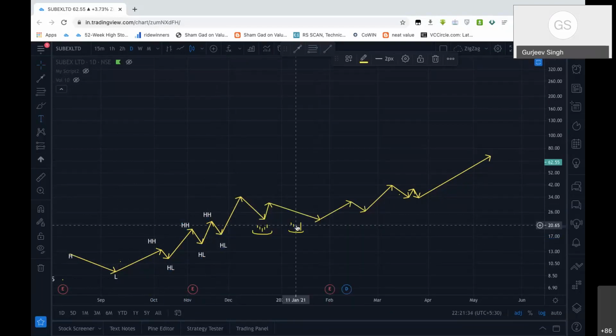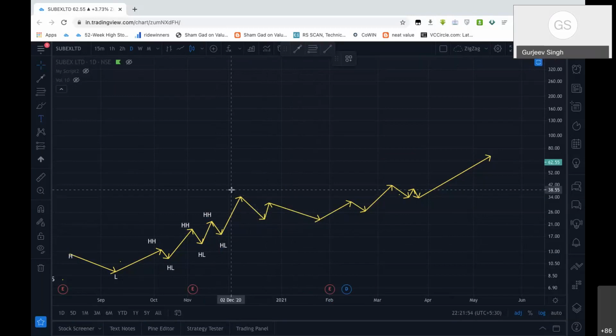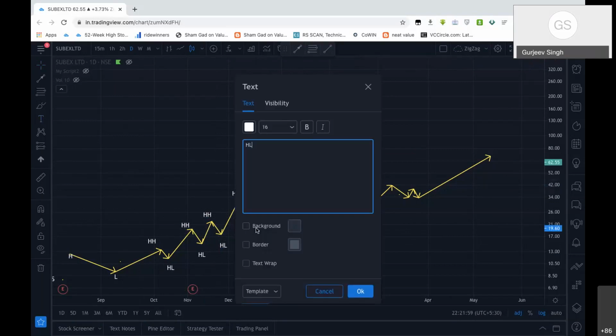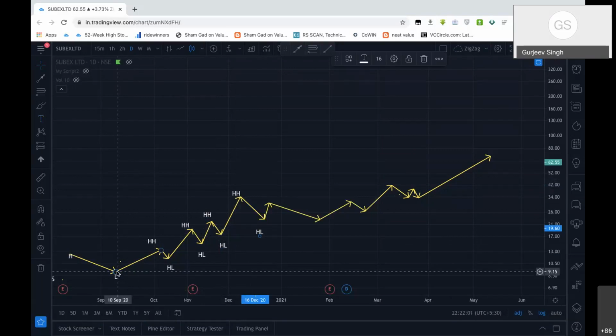I remove these points. ठीक है. Again, higher high, higher low. तो क्या मैं बोलूँ कि 10 सितंबर से लेके जब तक ये लोअर हाई बना 23 दिसंबर तक,